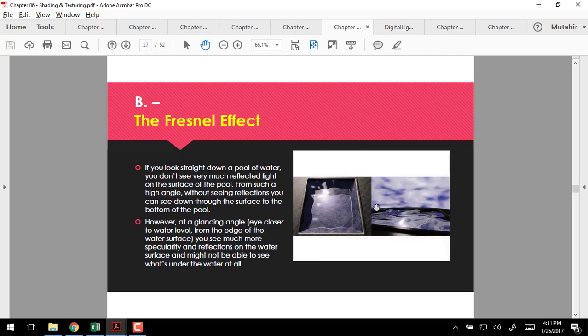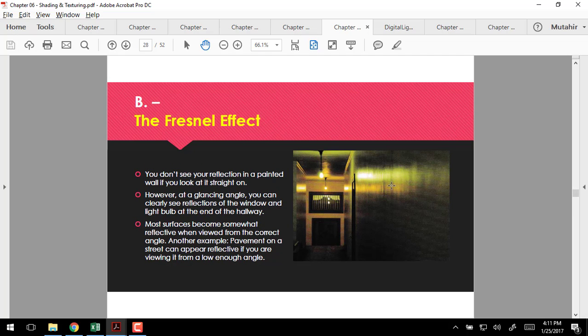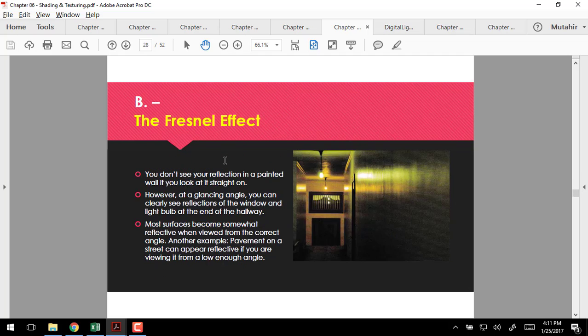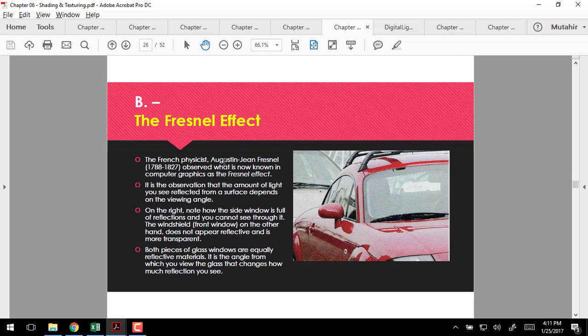It's not just on a water surface. Fresnel happens in pretty much everything. It's just more obvious on pretty reflective surfaces that have a lot of gloss. So focus on the Fresnel effect. Not much, it's just 3 slides, but really understand it. Okay,